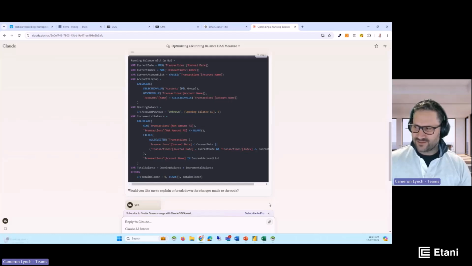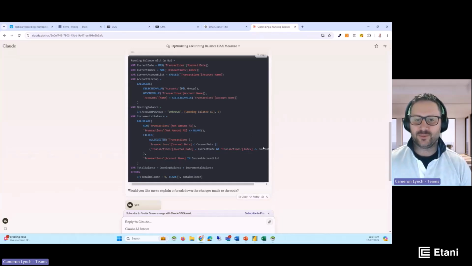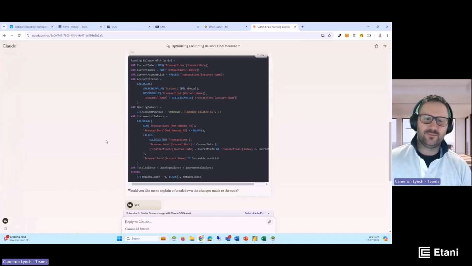So in a way, this is the same thing as using Copilot. It's just that it won't actually do it for you directly, and it's just a little bit more manual. But if you wanted to get a taste of what Copilot would be like, that's essentially it. It's just using it to build visuals in there for you.